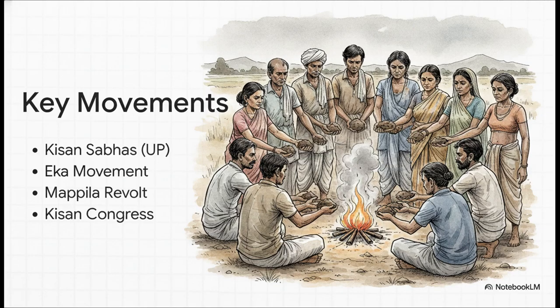There's the Mapilla Revolt in Malabar, where Muslim tenants' historical grievances against landlords merged with the wider Khilafat agitation. And we see the founding of the All India Kisan Congress in 1936. Now, what's really interesting about this slide is the Ekta, or unity movement, led by low-caste leaders like Madari Pasi. They used this fascinating, symbolic religious ritual where assembled peasants would physically vow to pay only the recorded rent, refuse forced labor, and stand united. It was a brilliant, culturally resonant tool for grassroots organizing.